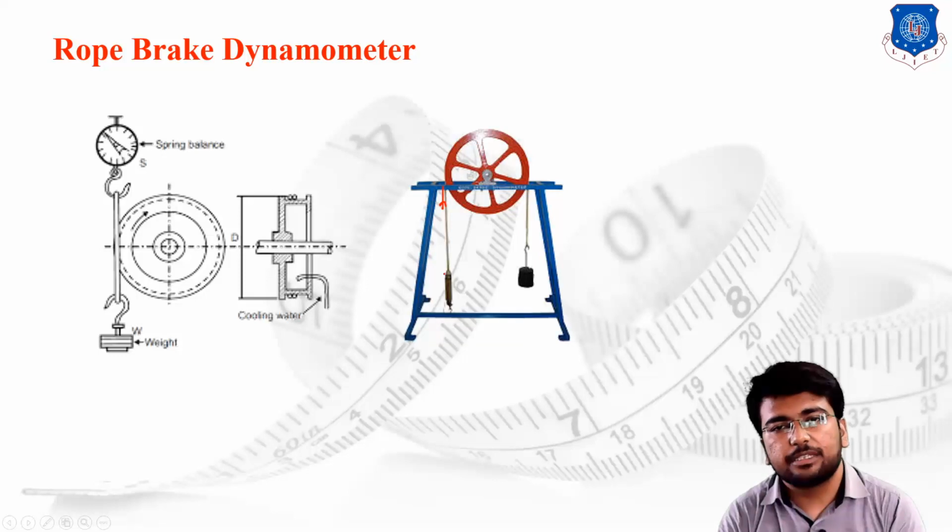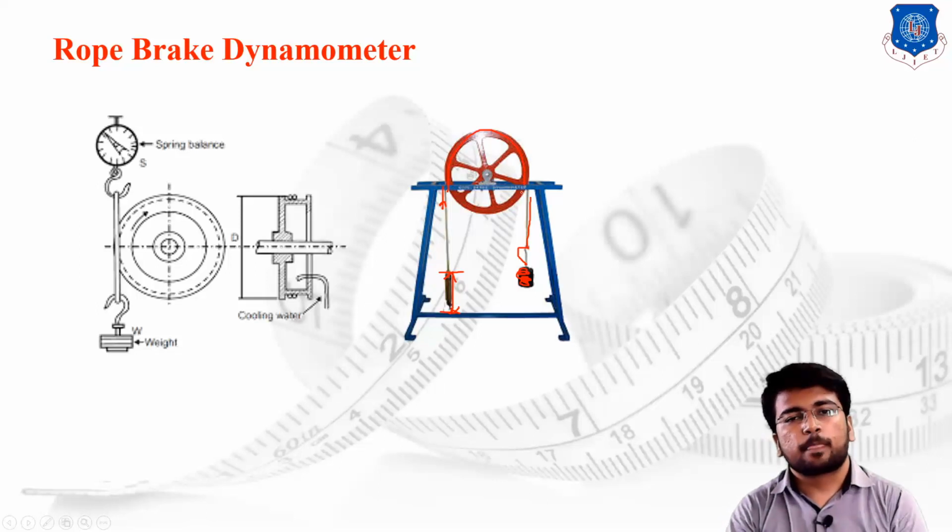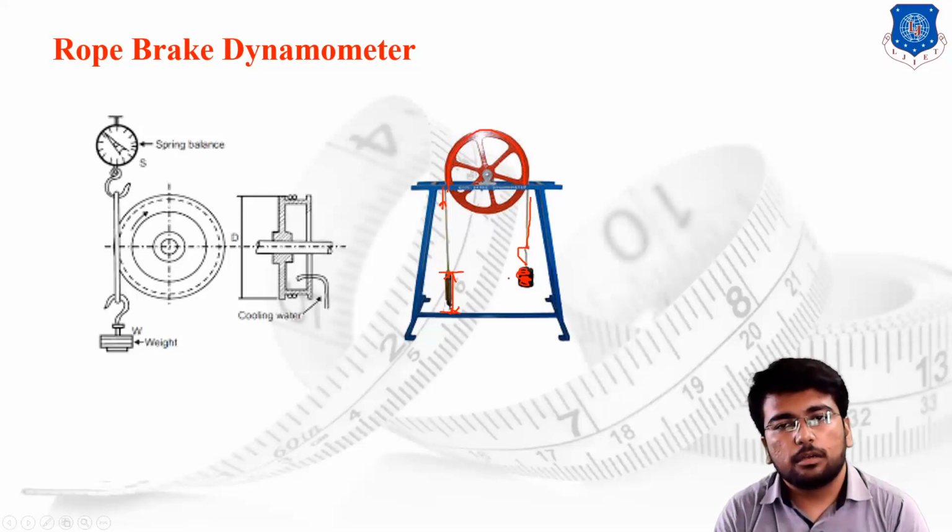It is attached with one spring scale, or we can say one spring, and on the opposite side we are using the dead weight. Different dead weights are provided over here, and the rope will be turned through the particular wheel. Once the wheel starts moving in a particular direction, once it achieves some speed,